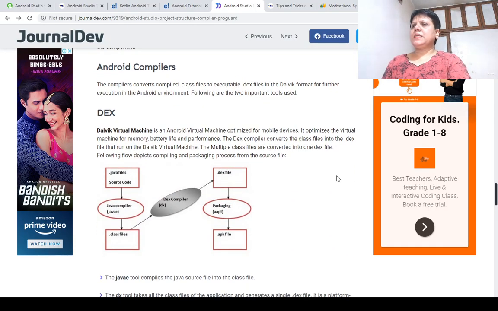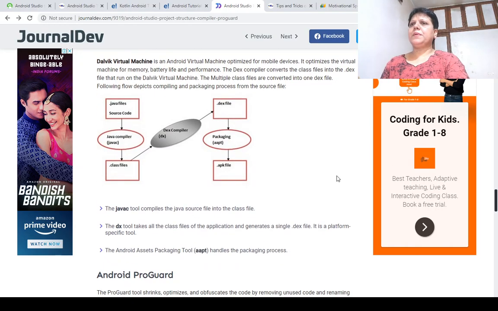Dalvik Virtual Machine is an Android virtual machine optimized for mobile devices. It optimizes the virtual machine for memory, battery life and performance. The DEX compiler converts the class files into the .dex file that runs on the Dalvik virtual machine. The multiple class files are converted into one DEX file.